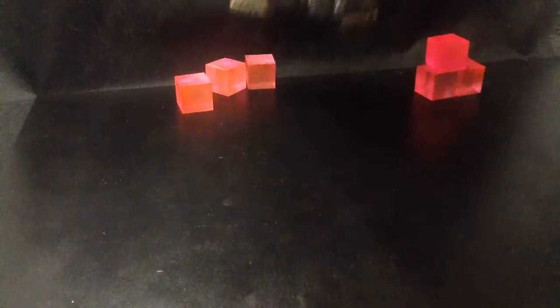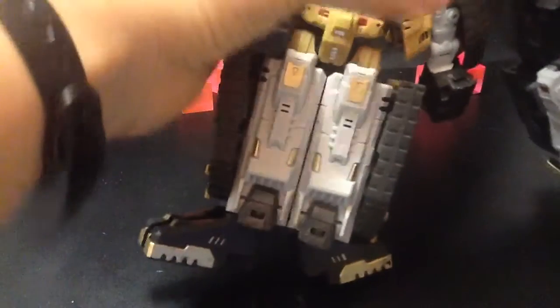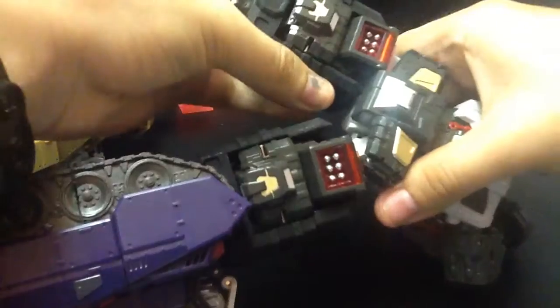It's a little bit hard to do on camera, but it's in there nice and snug. It's not too tight, and as you can see, it's not falling off. It's not too tight, and it's not on too loose. It's on there just right. I'm going to go ahead and take it back off, and then I'll take off the part that's attached to